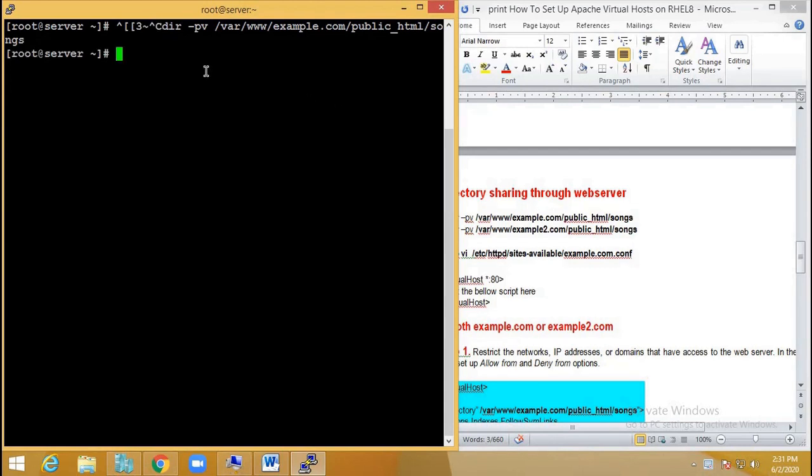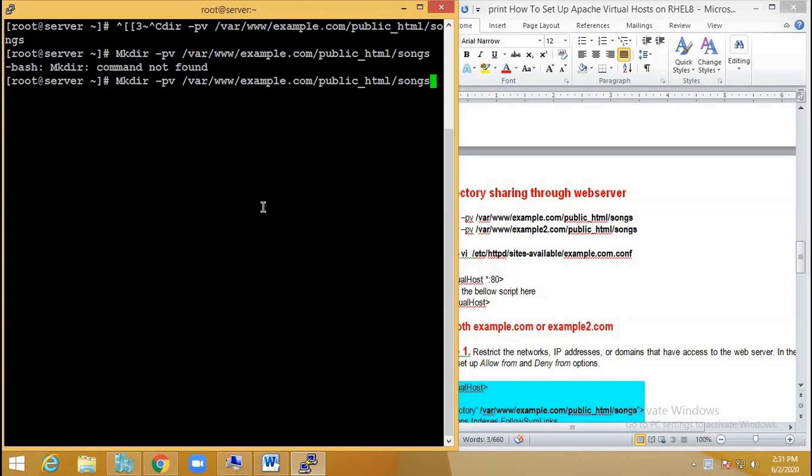We are creating it in the same path where we have hosted our website. In the public_html you have to create a folder called songs. In this folder we have to upload some files.